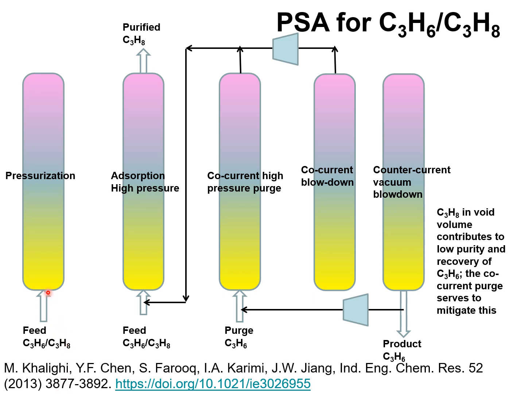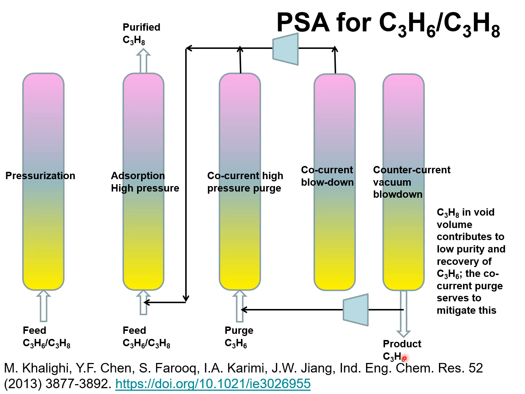The 5 stages consist of pressurization, followed by an adsorption cycle in which propane is removed from the top of the column. The adsorption cycle is followed by a co-current high pressure purge with propene in order to remove any adsorbed propane in the pores. This is followed by a co-current blowdown step, and finally a countercurrent vacuum blowdown is used to recover propene of